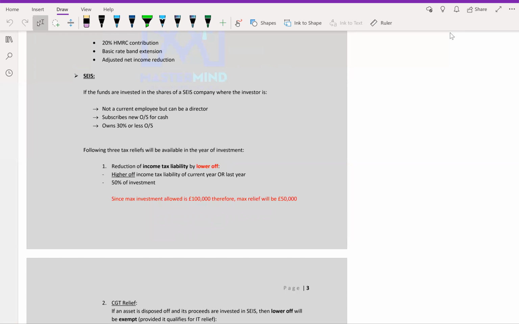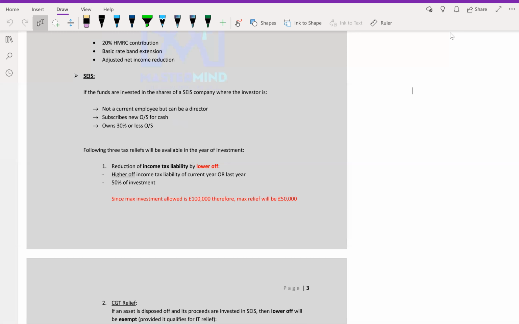Subscribes for new ordinary shares for cash, because that means obviously they're issuing new shares within the scheme. So you need to subscribe for it, not buy it from any other person, right? Owns 30% or less within or through that scheme. Okay. If an investor basically meets these criteria, right,